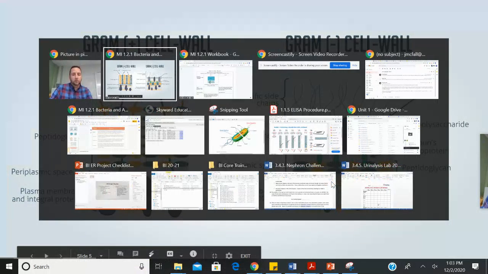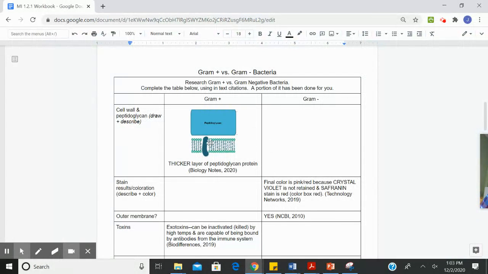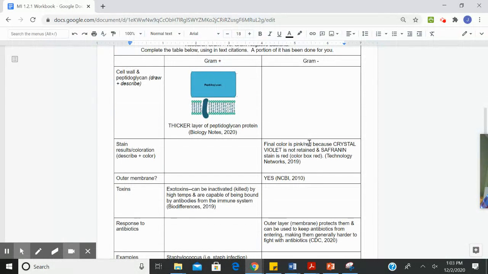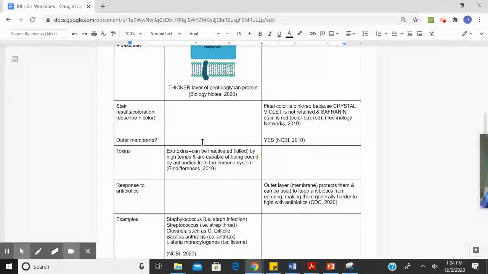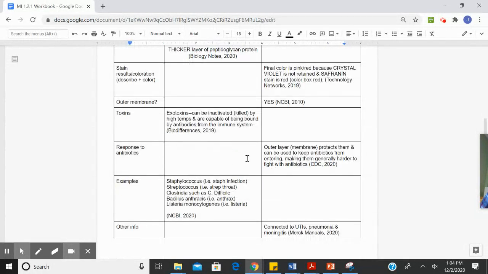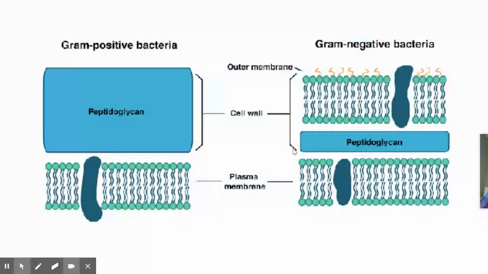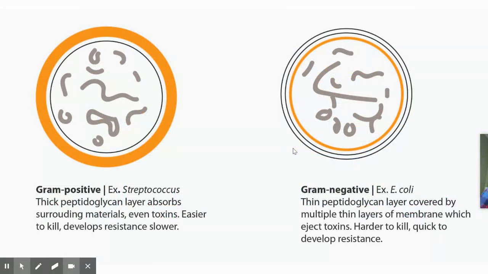Okay? So when you're looking at the document here, we talked about the colors. All right, some of these are filled in for you. Okay, and you can look at the drawings of some of those. You see some of those drawings on there. And then it talks about outer membranes, toxins. We'll talk about that real quick. So gram-positive bacteria don't have that outer membrane, so they can absorb lots of materials like toxins. Versus gram-negative, they tend to not absorb